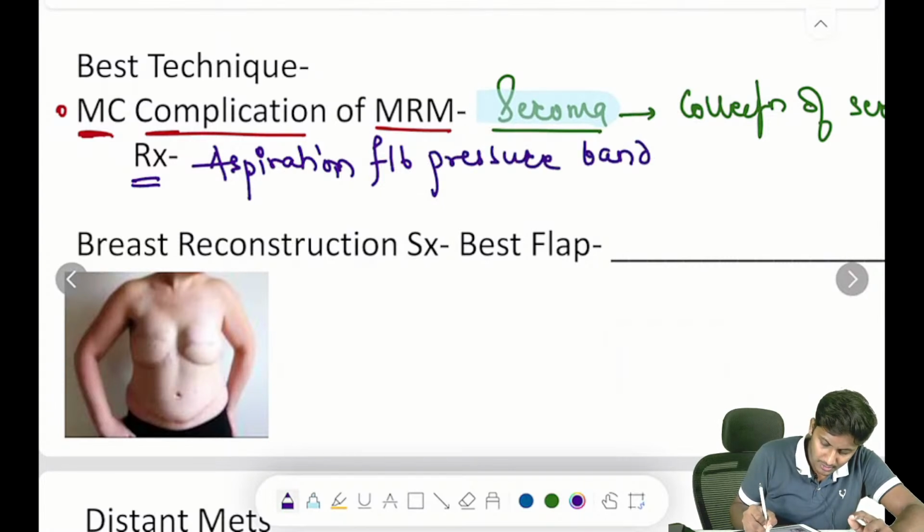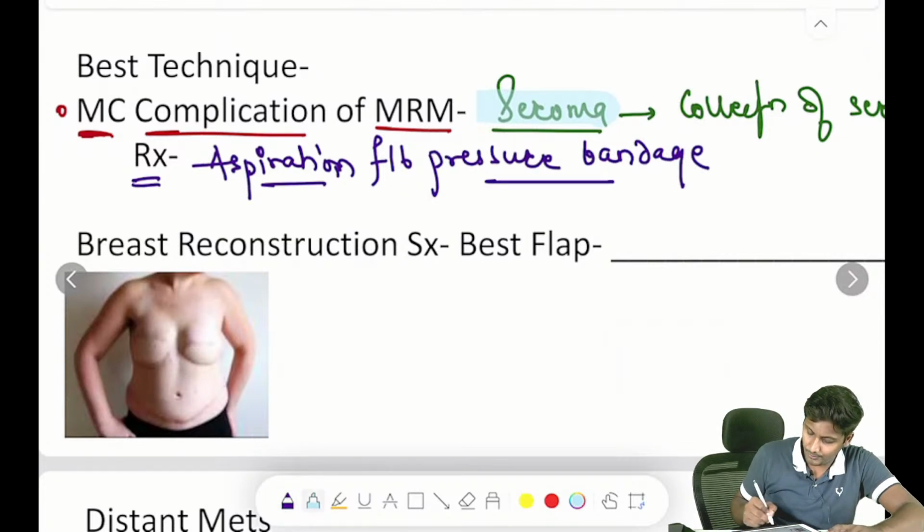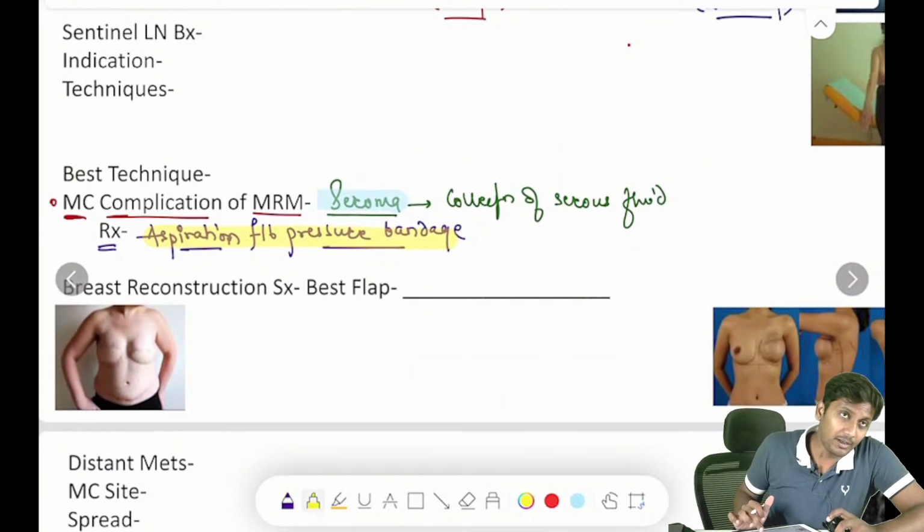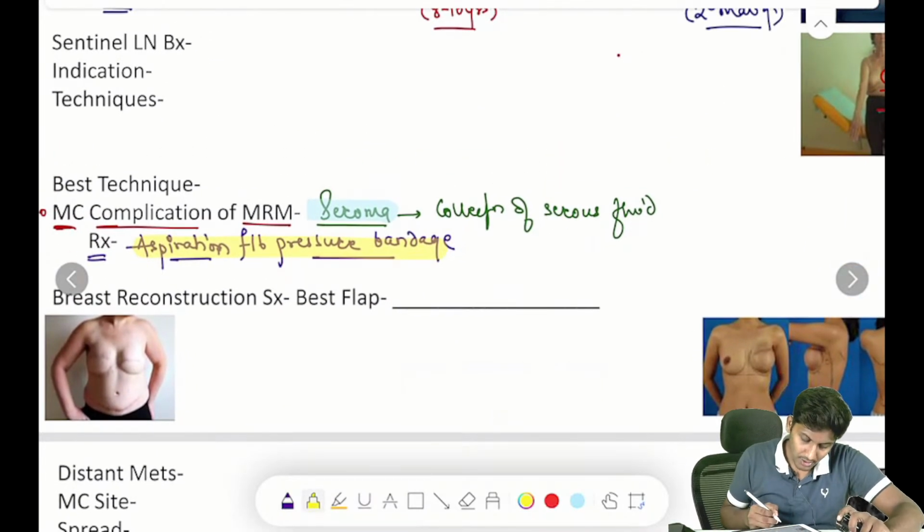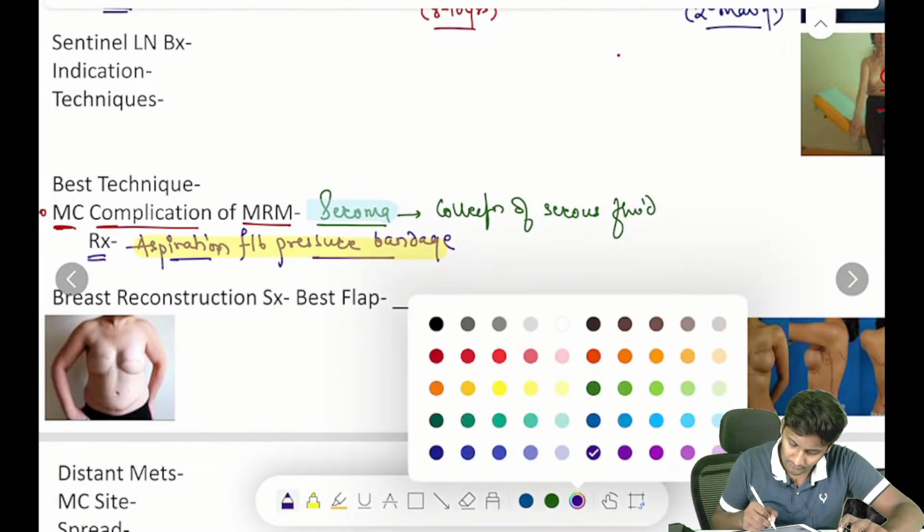ठीक है, so that's the important thing बच्चों. Aspiration followed by pressure bandage is an important question of previous year exam. That is the treatment for your seroma. Okay. Now if I talk about sentinel lymph node biopsy,